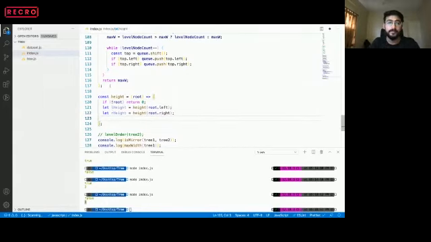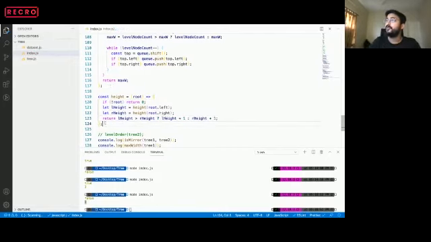And then we are comparing: if lHeight is greater than rHeight, then we return lHeight plus 1. Otherwise, we return rHeight plus 1.